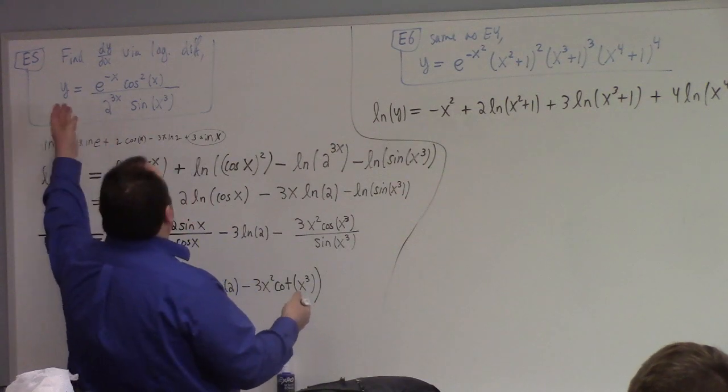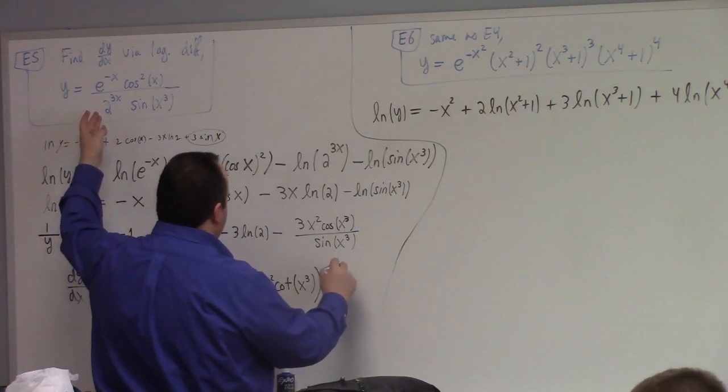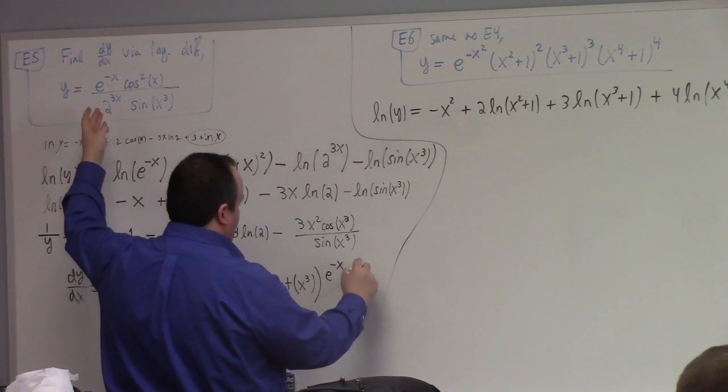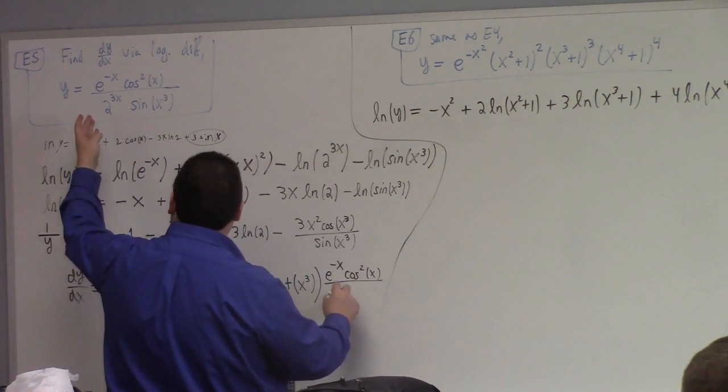And then I have to write y again. So sometimes if I'm feeling nice, I say you can write your answer partly in terms of y. But I sometimes don't say that because it confuses students. So I'm just going to write it. All right, 2 to the 3x sine.